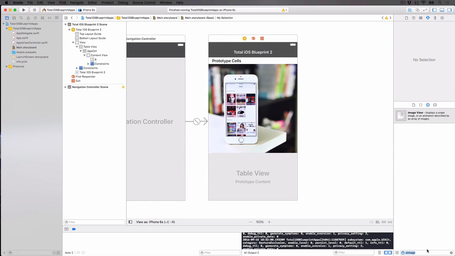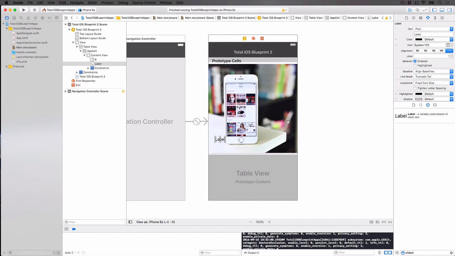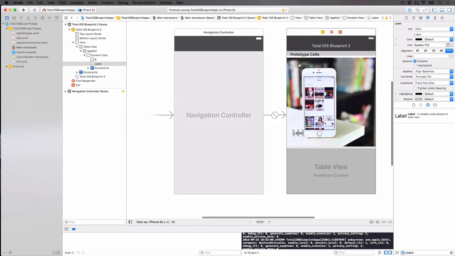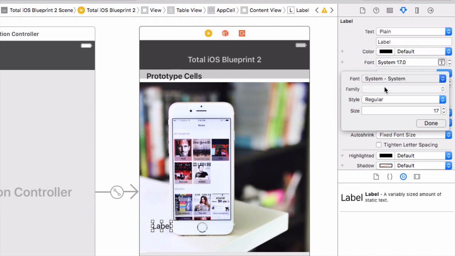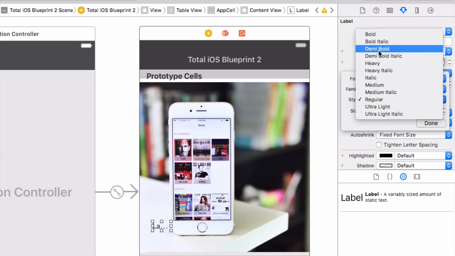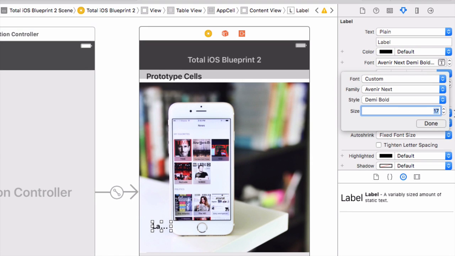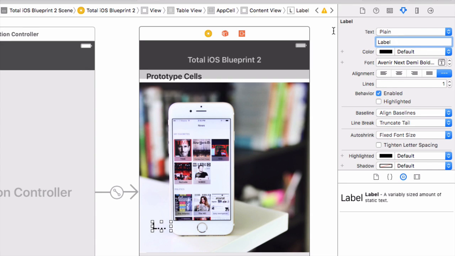So let's have UI label, drag it to the screen, like this guy. And then let's change the text of this guy. So we have the font here into custom, Avenir Next, right? And then the style, let's use demi bold, 21, done. All right. I will change this thing into this thing called View Newsreader app with collection view, UI